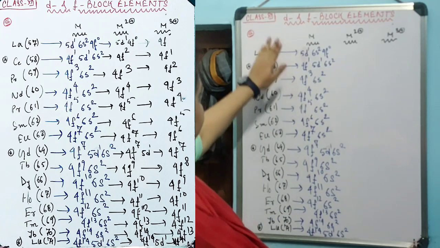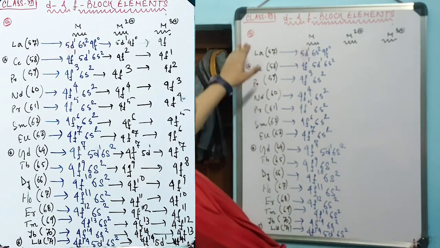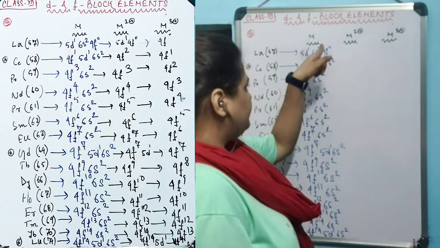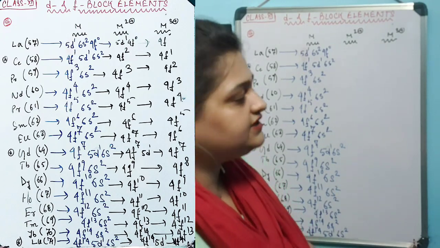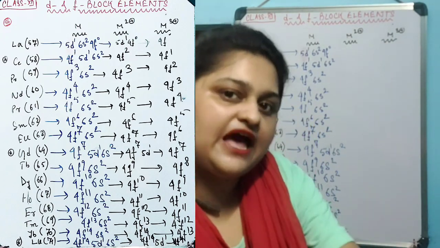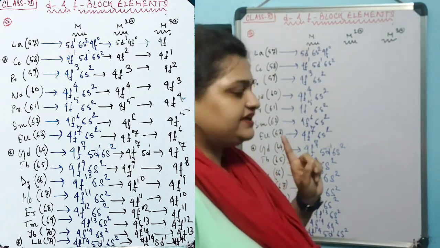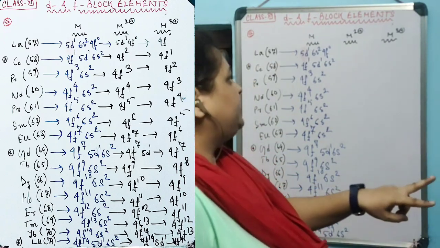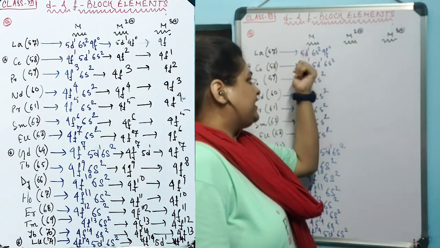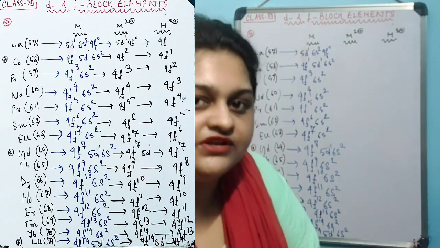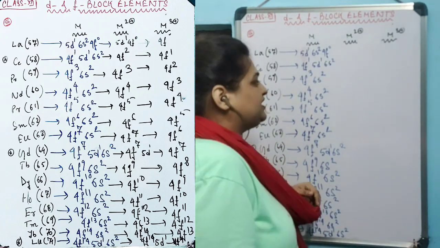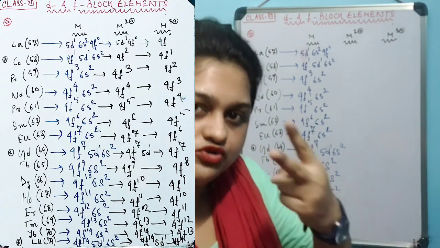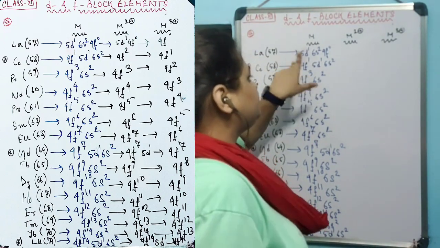Now this entire series you can observe this way: lanthanum is the first element. The first electron should go inside the 4f, but it does not. Instead, 5d has 1 and 4f has 0 electrons. The second element is cerium. It should have 2 electrons; they go into the vacant 4f orbital, and 5d already has 1 electron from lanthanum. That is how the electrons of the second element are divided between 4f and 5d.